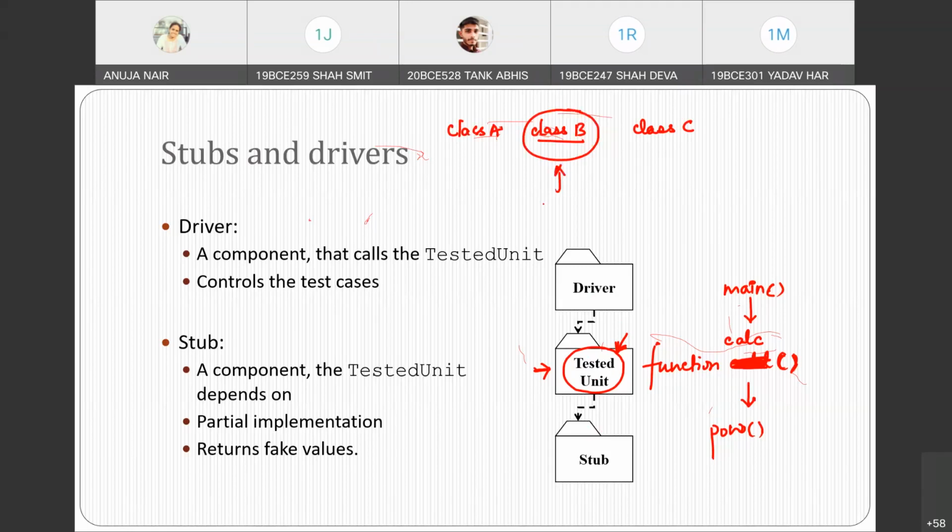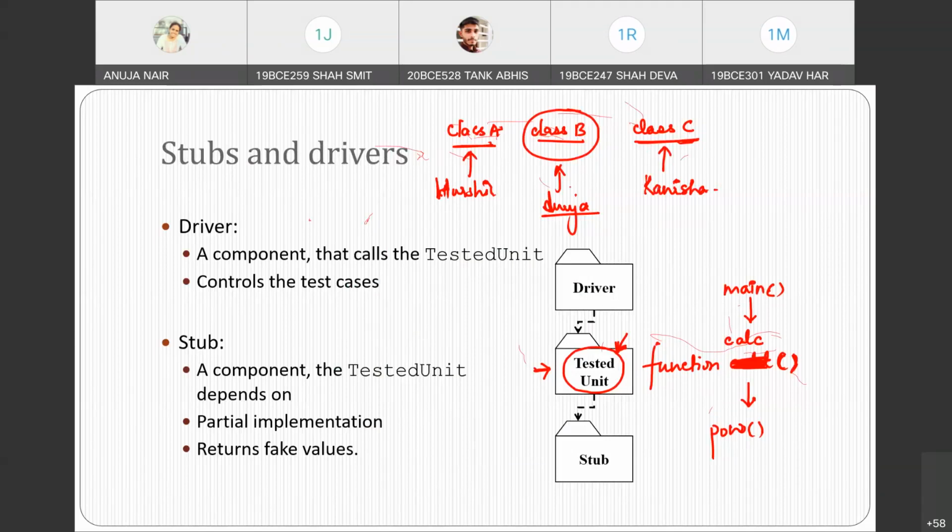Let's say class A is made by Harshal, and I don't know whether he has made it or not; he is yet to make it. And let's say class C is made by Kanisha.